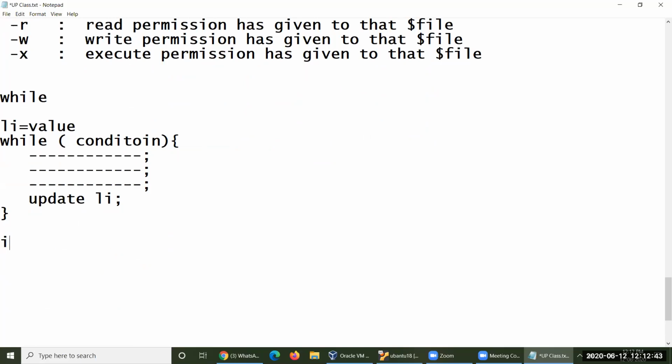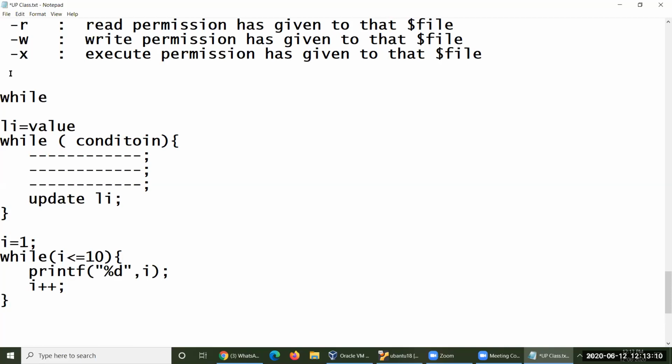Loop initiator I will be equal to 1. So while 1 to 10 numbers will be generated, while I is less than or equal to 10. With the loop initiator I, I have constructed a condition here. And then printf, %d comma I is generated. And then I is incremented here by taking I equal to I plus 1, then close the brace.